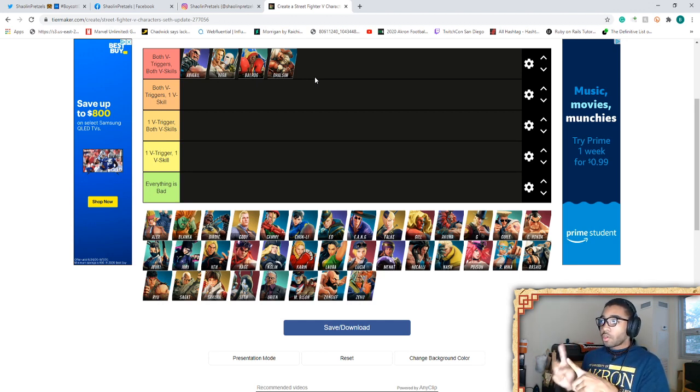VSkill 2 is another good component to Dalsim's set play because it grants his fireballs the property of being able to just bounce off of the walls, which can be very threatening